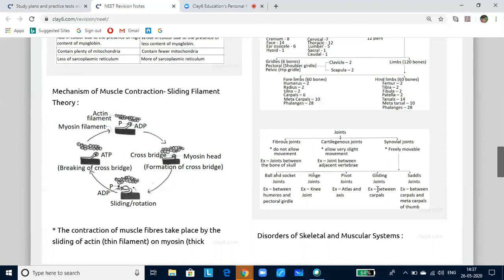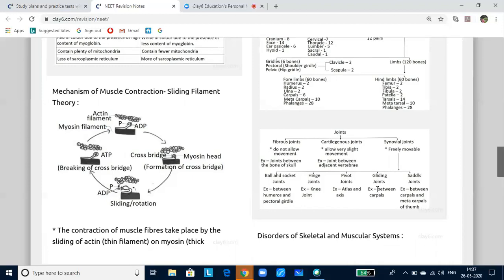The bones of the skull articulate with one another in a type of immovable joint called suture. Articulation of teeth with mandible and maxillae are examples. Articulation between the first pair of ribs and the breastbone is also an example of immovable joint. Now let us look at cartilaginous joints. In these joints, there is a pad of fibrocartilage between two adjoining bones which allows for very slight movements, and they are called symphysis. Examples are joints between pubic bones of pelvic girdles and the joints between the vertebrae. Now the third type is synovial joints or freely movable joints.